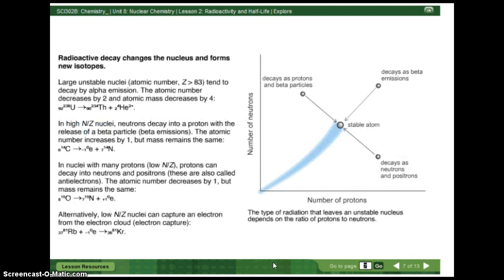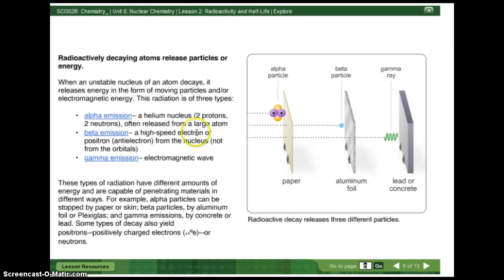Radioactive decay changes the nucleus and forms new isotopes. Large unstable nuclei, in other words atomic number, or Z, greater than 83, tend to decay by alpha emission. The atomic number decreases by 2 and atomic mass decreases by 4. Now, that will make sense if you think about what alpha emission is. Alpha emission means that you lost a helium nucleus. In other words, you lost 2 protons